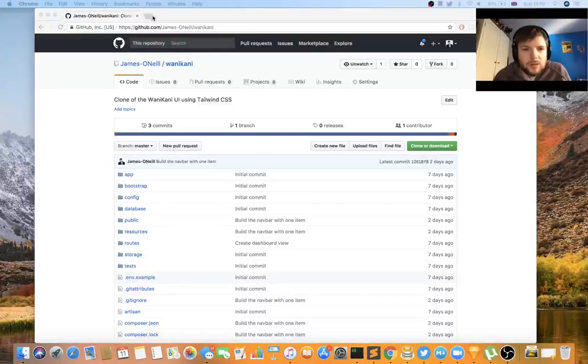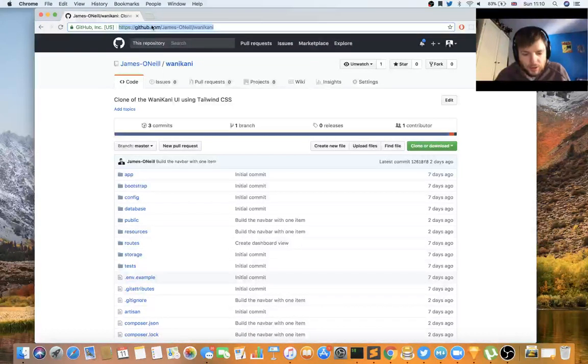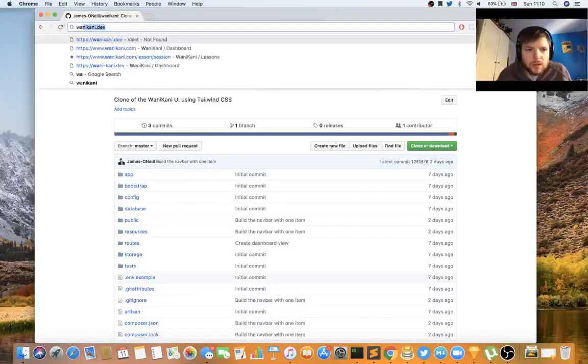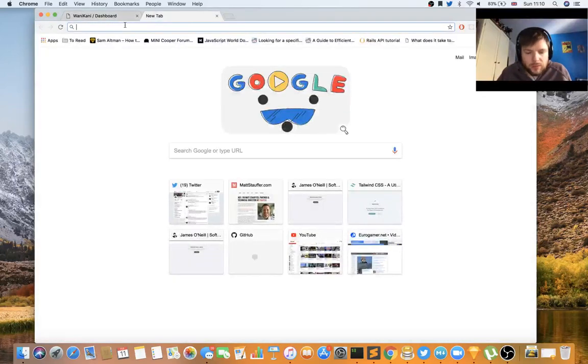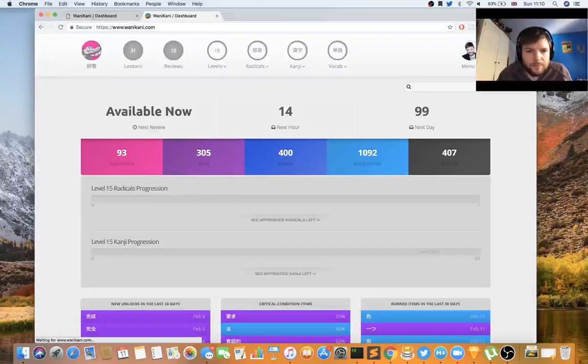So where do we start? I'll just bring up the state of last week. Okay, so we were building out the navbar, and we've gotten so far as to build the navbar section itself and one of these little items. Now, just to give you a reference of what it looks like on the real thing. So you have 1, 2, 3, 4 of these hollow ones, and then 2 filled ones, and then a